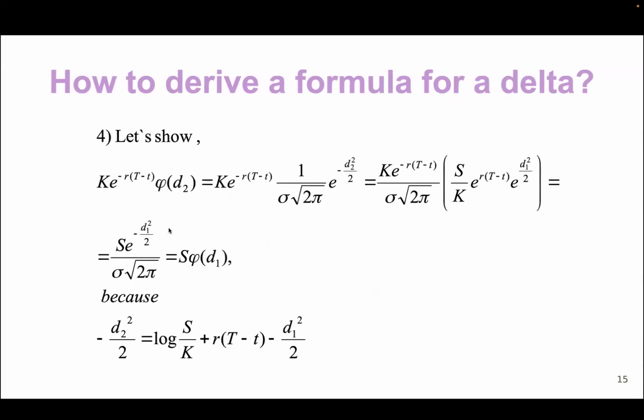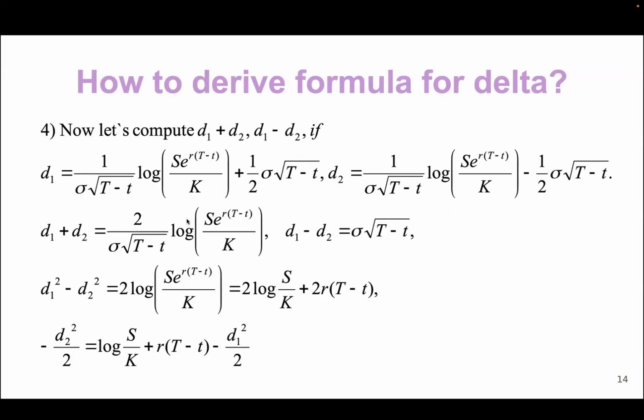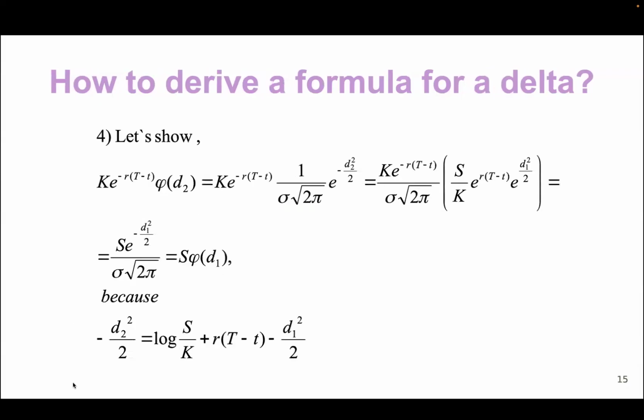So you need just to multiply this and this. So it is this result, and we can write this result in this form. From this result, we can obtain only d2 if we move d1 squared to the right side, and after that divide by 2. Okay, so if we have this function,